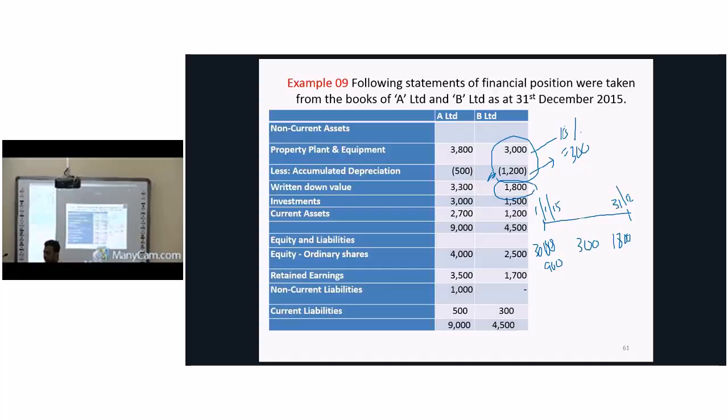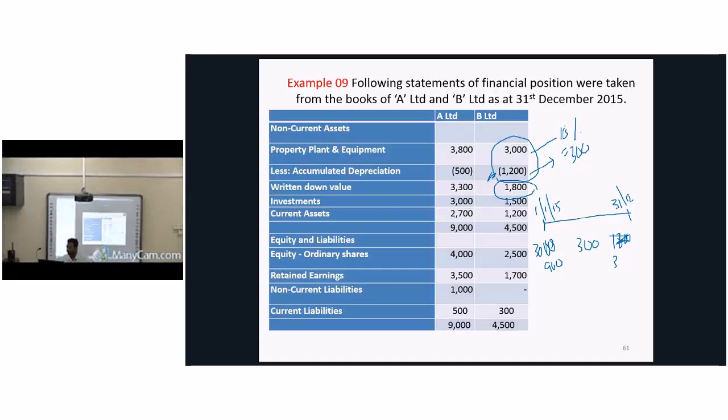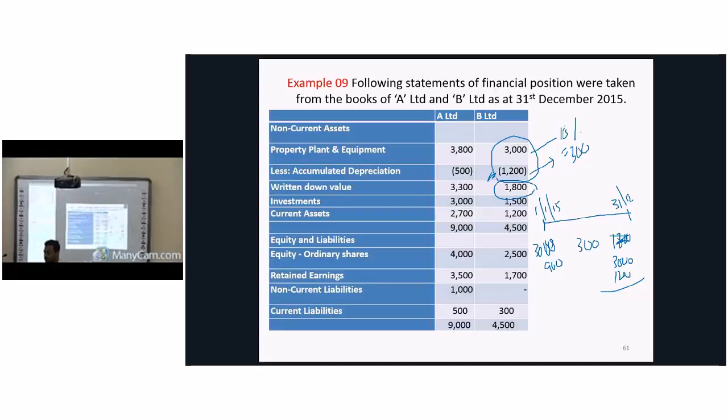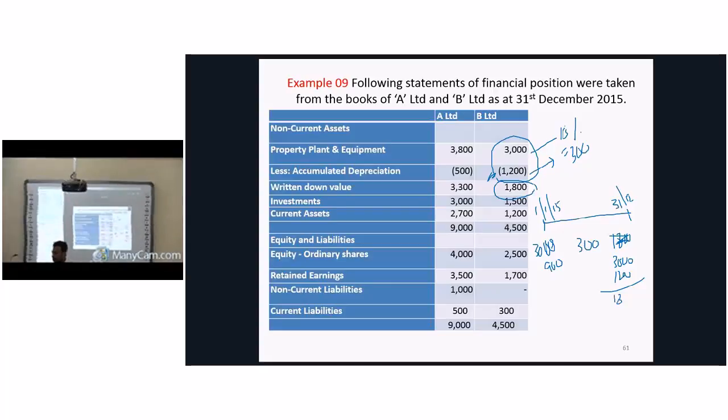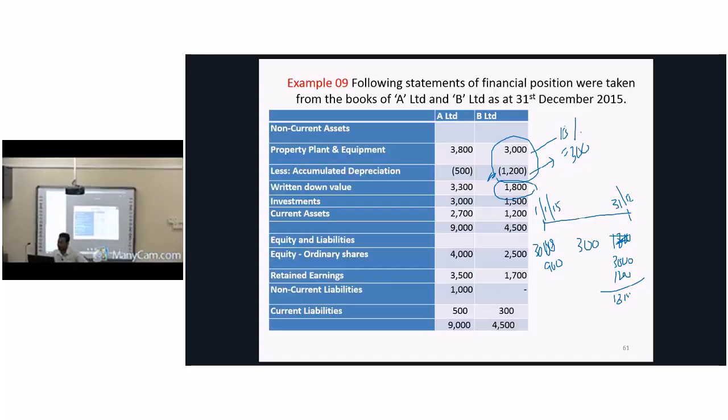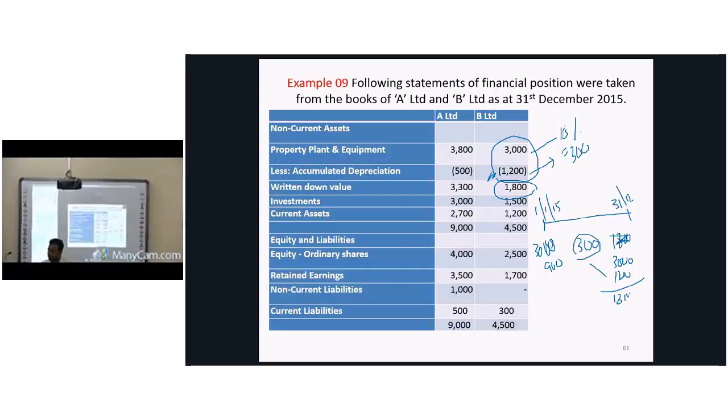Now you will take 3,000 minus 1,200, then it is 1,800. Right? But depreciation for a year should be 300, so from this 1,200 we have to subtract this 300, then accumulated depreciation on this day should be 900. It means net book value on this day should be